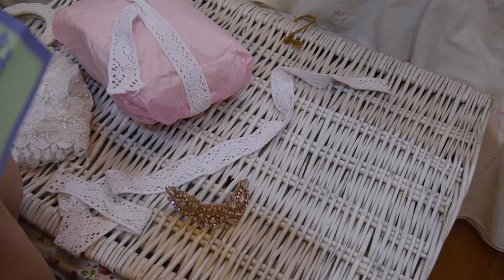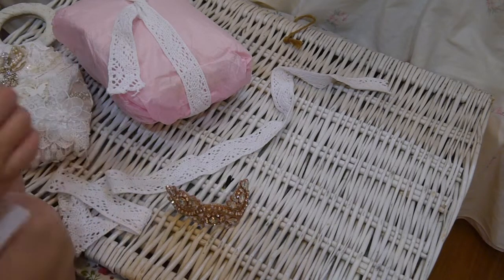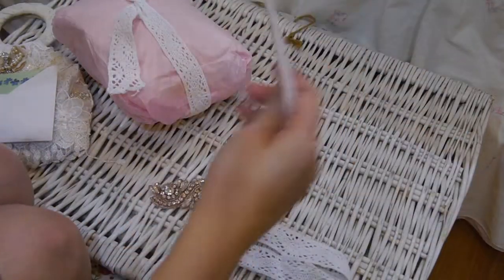I made you this little purse, hoping you will add it into your amazing collection. Yes, definitely I will add it into my craft room and keep it safe. Thank you so much, Nora, and thanks for your caring. I appreciate our friendship, and I'm so happy. Thank you so much. And this one I definitely will